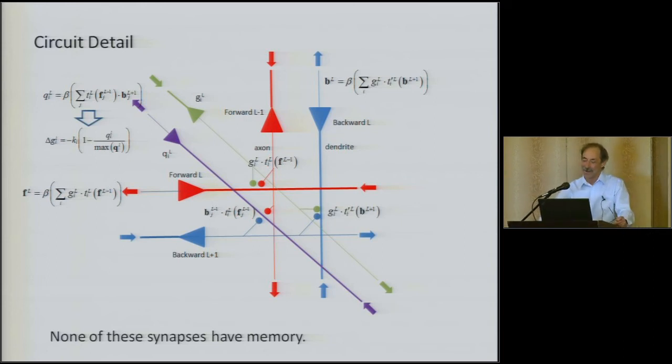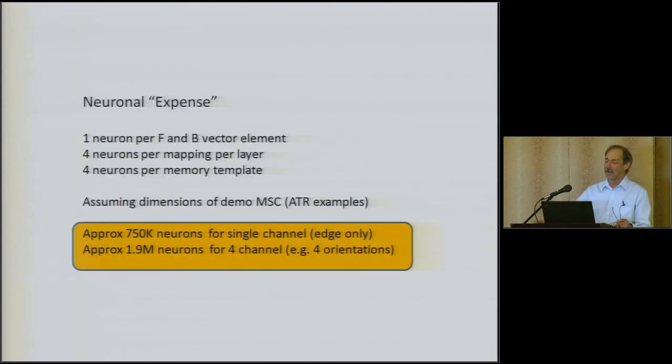And this is an AND gate that computes a product and then sums non-linearly, but sums on the dendrite as does this. So the circuit has very few basic elements, again, going back to just those 4 operations that I described earlier. The neuronal expense of this is actually quite low. So for the